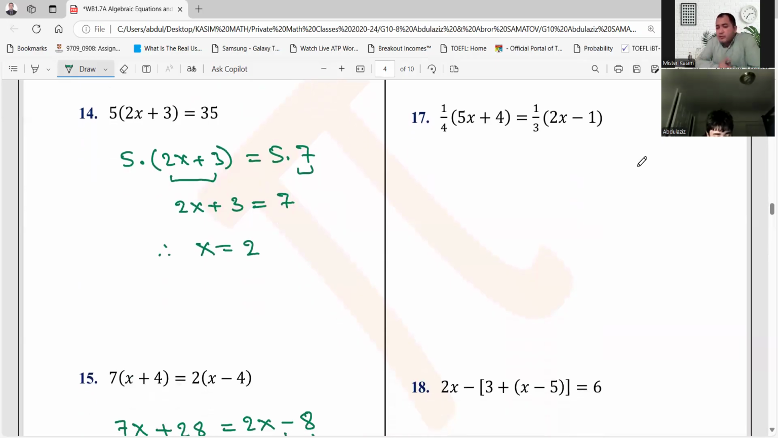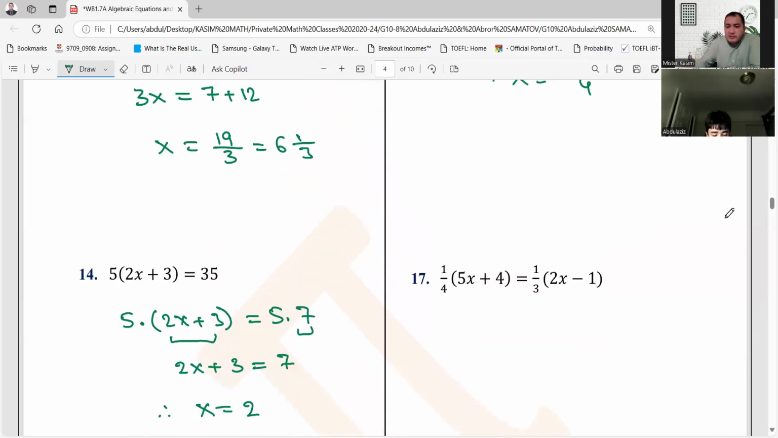How do you solve this question? What will you do in the first step? Translate 1 over 4 and 3. This means that, Abdulaziz,